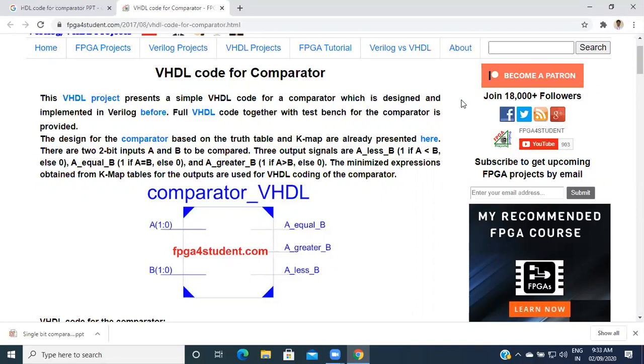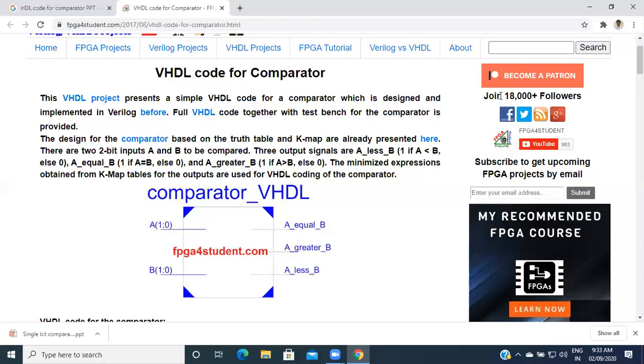In the VHDL comparator, we know that a comparator is a circuit which compares the inputs and gives the output on the basis of the comparison. Here, in general, we are comparing two different signals.